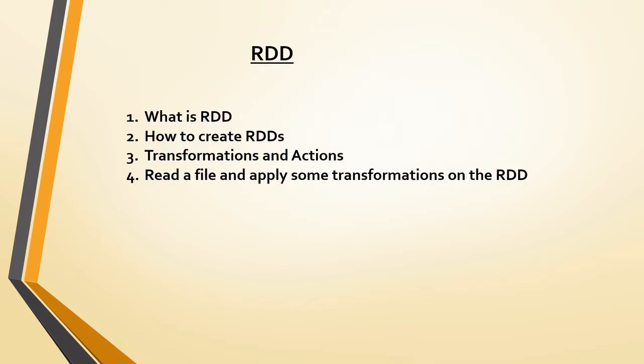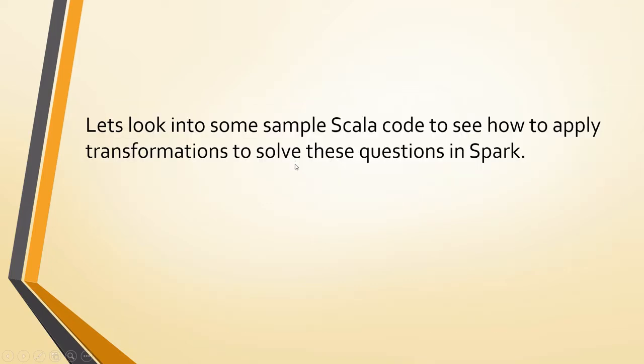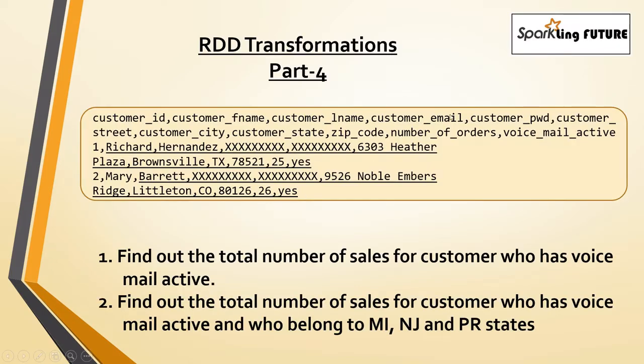So in the previous videos we have seen about all these topics, like RDDs, the definitions of RDDs and other stuff, and also some of the interview questions that can be solved on RDD transformations using Scala code. So today we will deal with this file which has an extra column called voicemail active or not, some yes or no kind of value added. A new column has been added to the input file. So today we will see how to apply two or more filter conditions in a single filter.